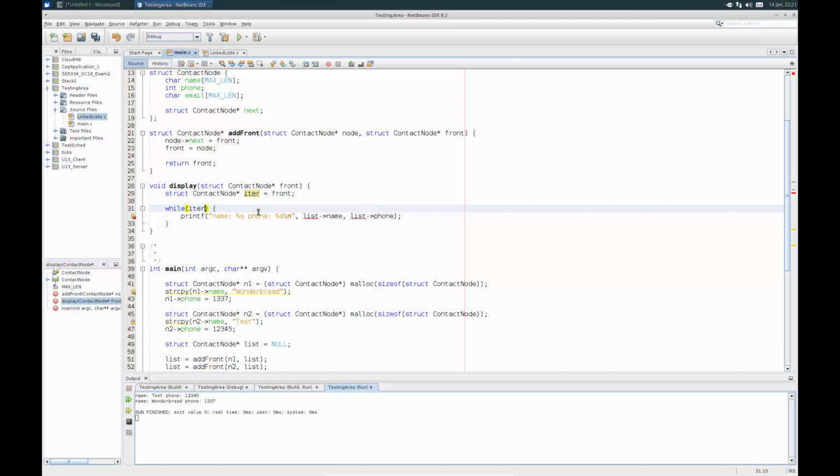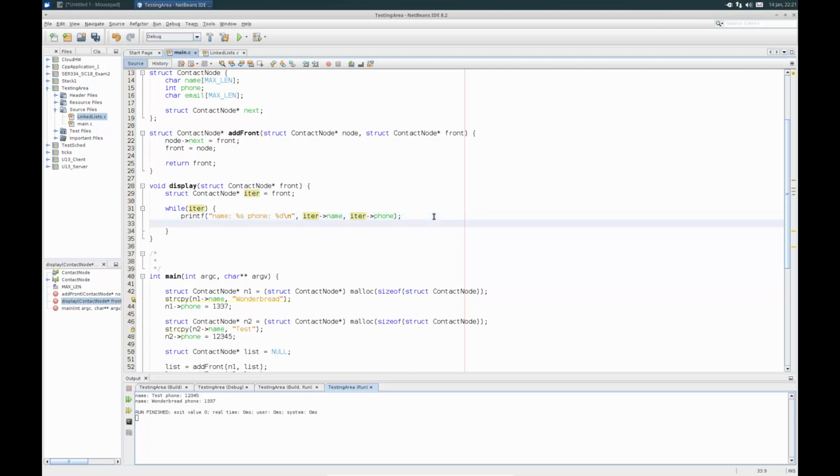All right, so I'm going to say that my little arrow that I'm moving along the list is going to be called iter. So let's see, what do I need to do? Well, I'm looping while iter is not null, that's fine. And then I'm going to go over here, and where it says list from before, I'm going to change that to iter. So look at the iter, leave it there. Pull out whatever information is there. All right, so that looks pretty good.